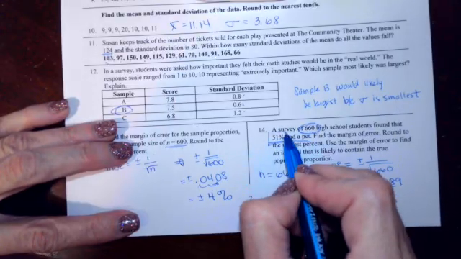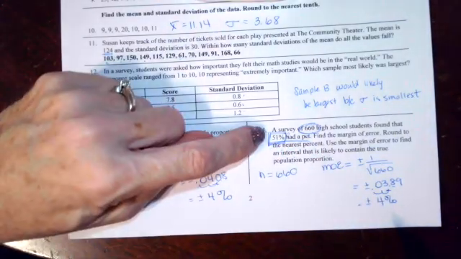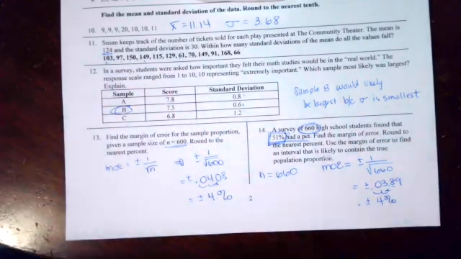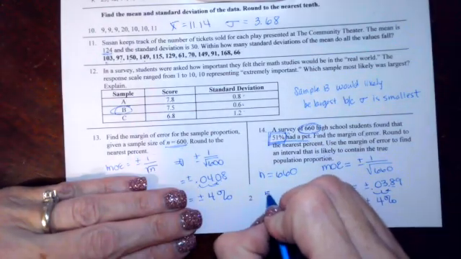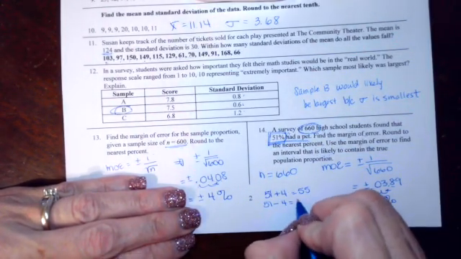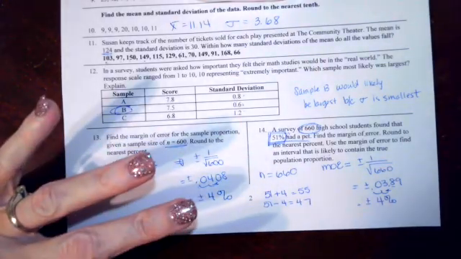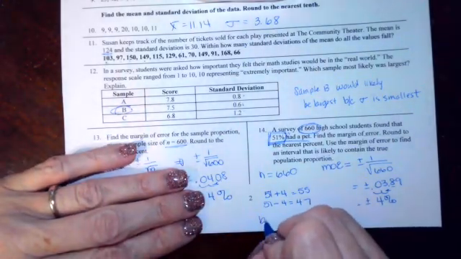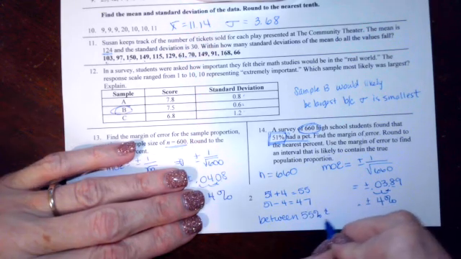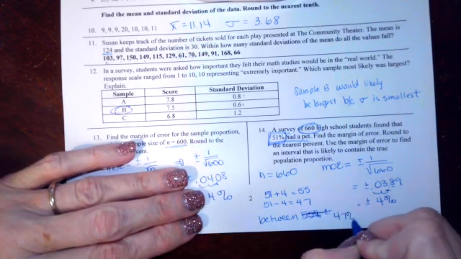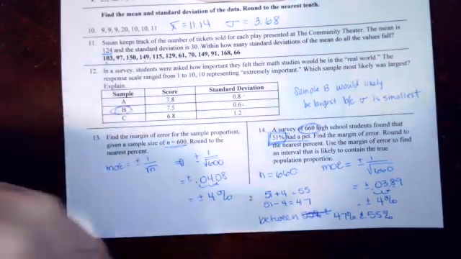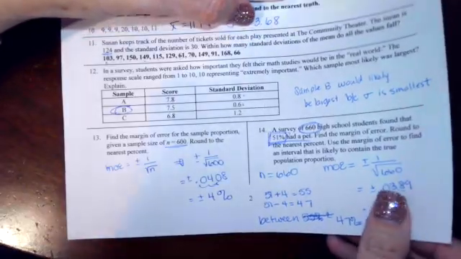Okay, now we had 51%, but that's going to be 51% plus or minus 4% for the margin of error. So we're going to do 51 plus 4, which is 55, and 51 minus 4, which is going to give me 47. So then it's going to be between 55% and, I should have done it the other way, sorry, 47% and 55%. You typically do smallest to largest, okay? All right,